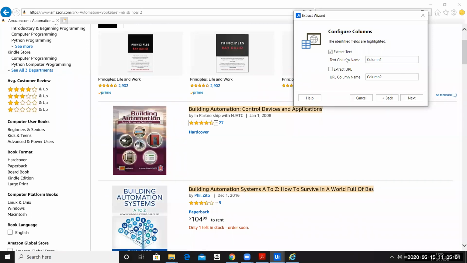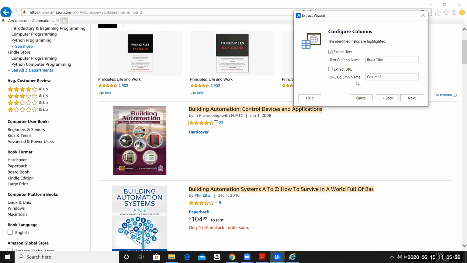Since we will be storing this into an Excel sheet, give a column name. By default, the column name is taken as column 1. We can change it to whatever name we feel like. So I'll say my name is book title. Sorry for the typo. So my column name is book title.